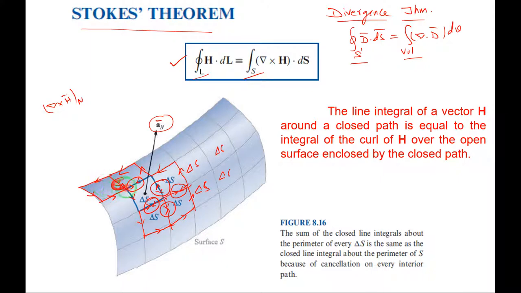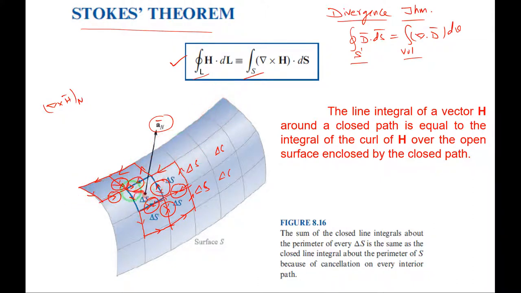So this will get cancelled. If you consider this adjacent cell, this will get cancelled. Only, you can observe here, the cells are the smaller surface areas which are lying along the boundary, right? These cells only, right? Only those can be taken for the consideration of the curl here. Just we'll see here, right?